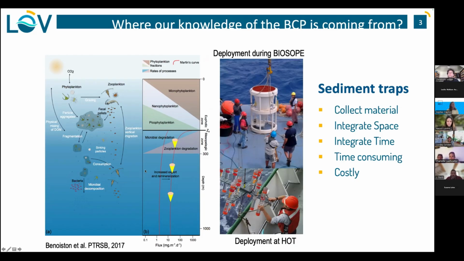So people have been deploying sediment traps for more than 50 years now, collecting particles at depth and trying to infer flux and the change of flux with depth. This is what you have on that scheme here, where you put the sediment trap, you collect the material, and then you analyze it for its chemical and sometimes the biological component of it. The thing is with sediment traps, it's really time consuming, integrates space and time, and it's costly to deploy. I'm not saying that you should give up on using sediment traps because it's still a standard tool in oceanography and biogeochemistry, except that today we have other tools that can be used to assess fluxes or assess the functions affecting the fluxes.